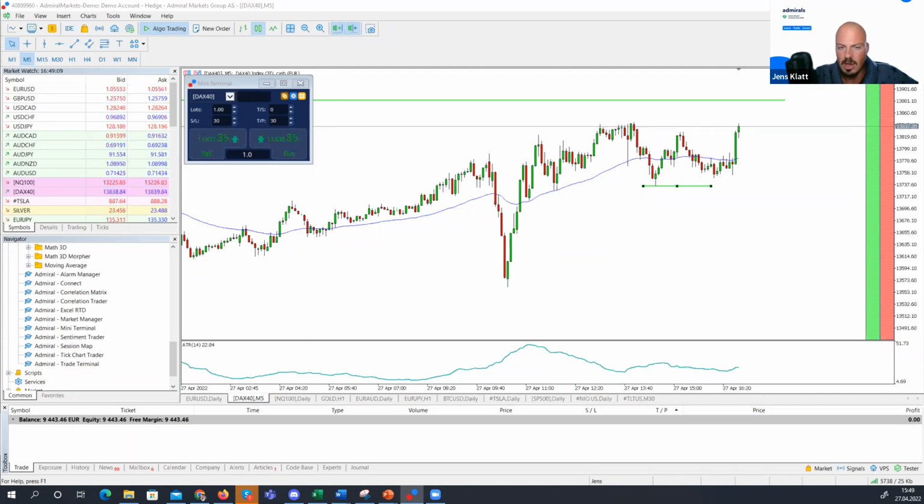Why do I know that a long entry, or is it independent? This is independent. This is completely independent from that. It was just for illustration purposes. So as I said, I wouldn't enter a long trade here in this environment,